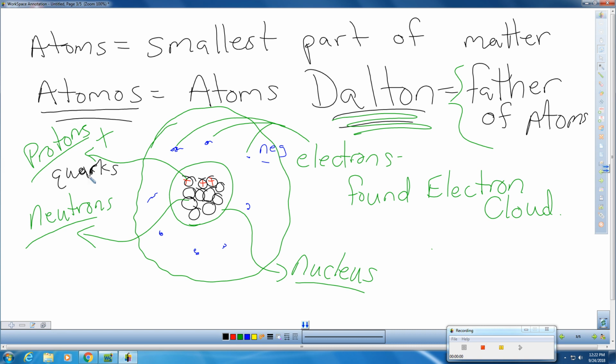Atoms are made up of a nucleus and an electron cloud. The electrons are found in the electron cloud, and they have the negative charges. The positive nucleus is in the middle, and it is made up of protons and neutrons. Protons and neutrons are made up of quarks, which are the actual smallest part of all atoms. Other than that, that's pretty much where we're at. The good thing is these electrons move so fast that we really can't draw right where they're at. They're going to be constantly in motion. All we can do is predict, but we will never know exactly where those electrons are.